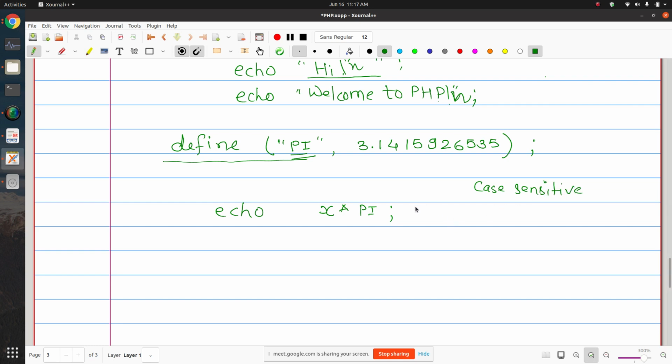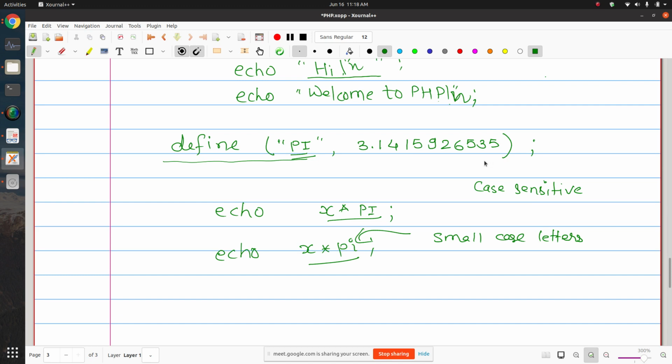That means the following things are different: I have used capital letters here and these are small letters. This will work, but this will not work because we are using small case letters. So you need to remember what identifier you put, and use only that identifier, since the name will be case sensitive.